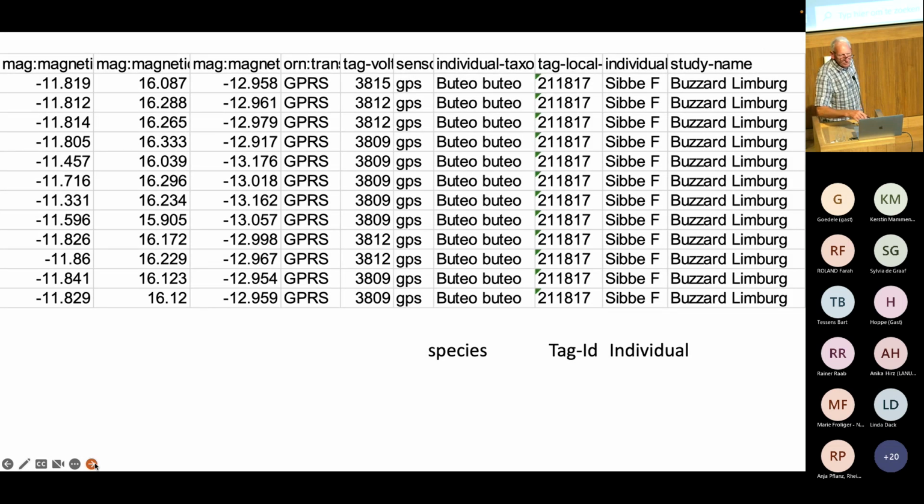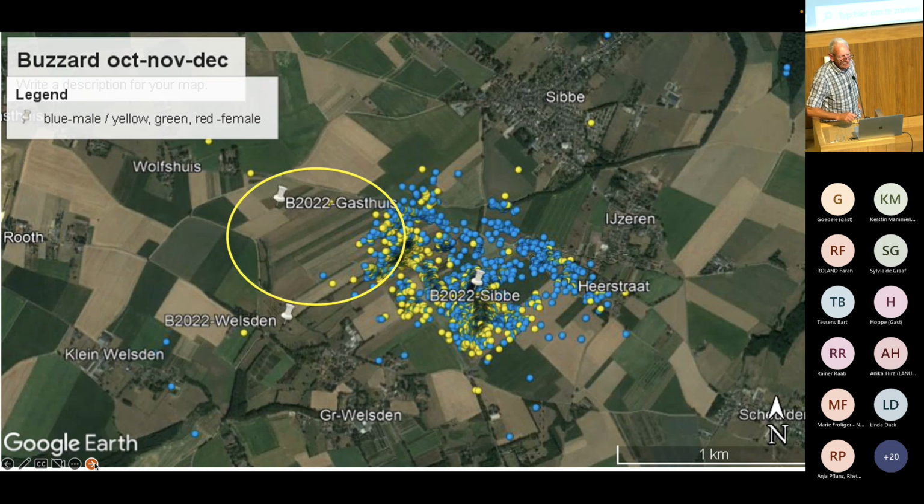Nou ja, and of course, you can give this data also the species and the individual. Now, last year I showed you some figures about this pair of buzzards, and for us it was then quite new that this buzzard pair, a male and a female, were only using a part of the